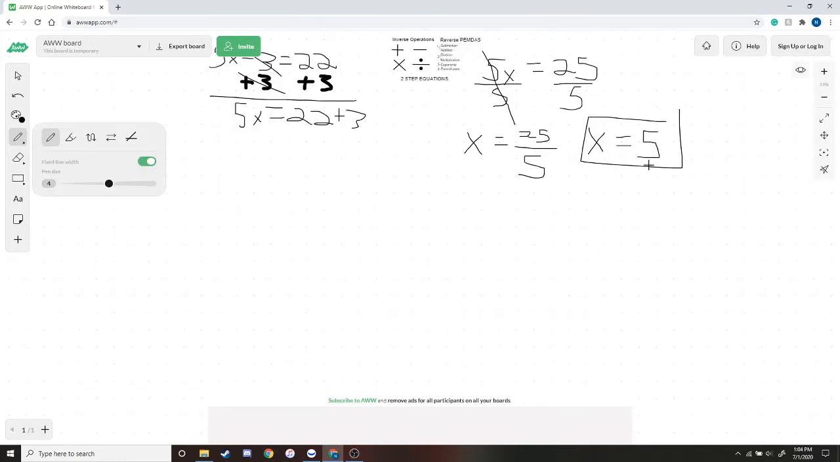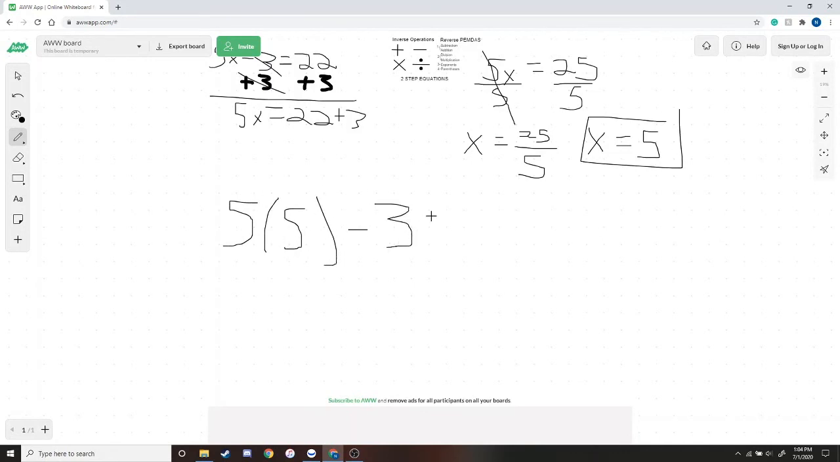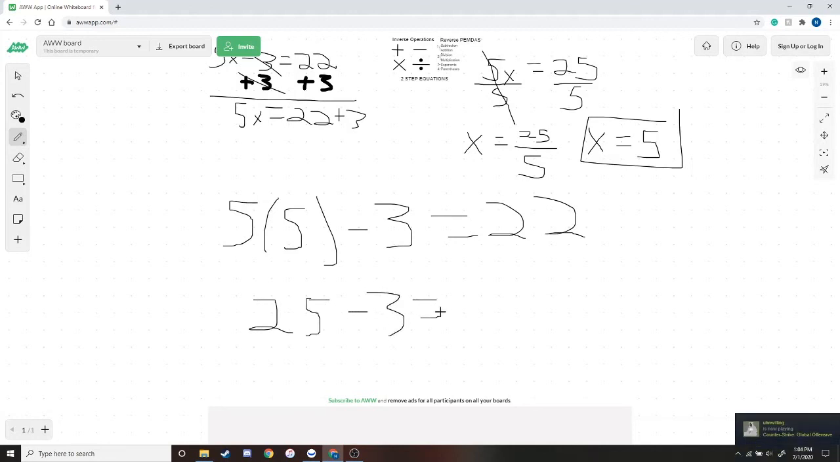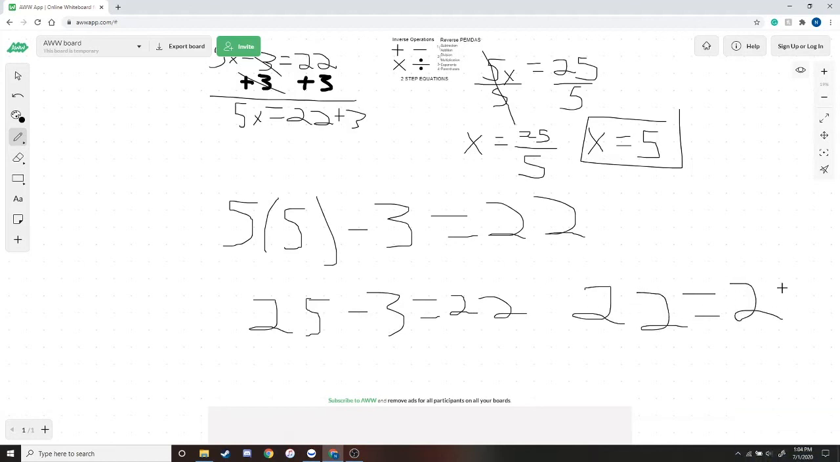We can check our answer by plugging our answer into the original equation. So our original equation was 5 times x, which we now know is 5, minus 3 is equal to 22. All we have to do is solve using PEMDAS. So first is multiplication. We go 5 times 5 is 25, minus 3 is equal to 22. Now we know 25 minus 3 is equal to 22, so we're left with 22 is equal to 22, meaning